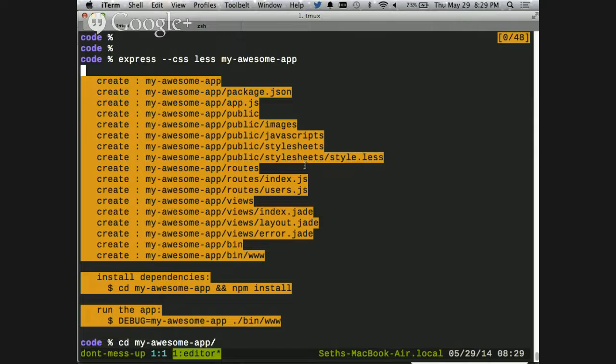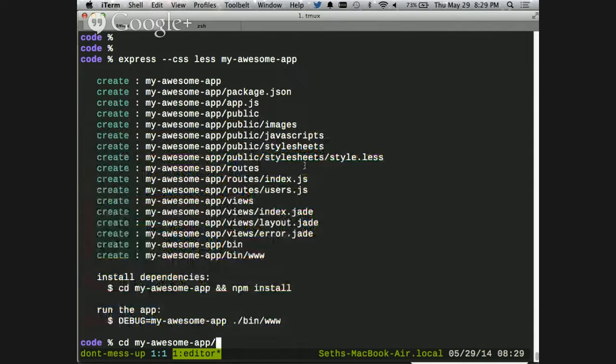This doesn't impose any kind of structure on you. It's literally just a module you can include with some convenience functions. So it generates some files, but not a ton. Not a ton compared to a lot of frameworks, at least. So it tells us this is the next thing we need to do. We need to go into our directory and run npm install, because what it has done for us,